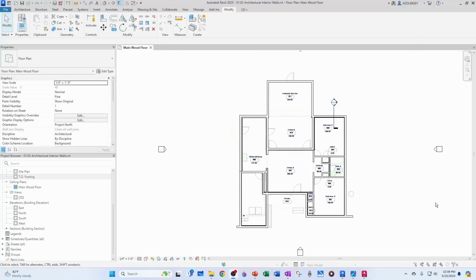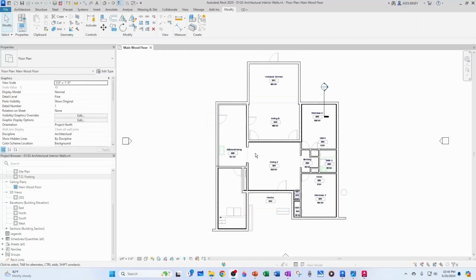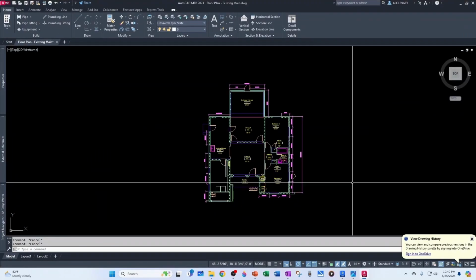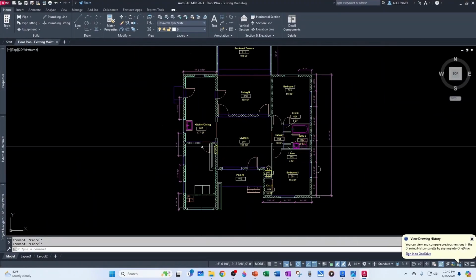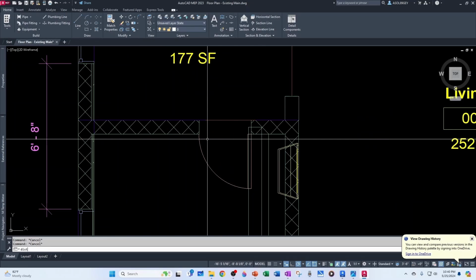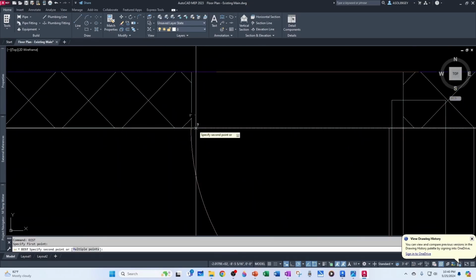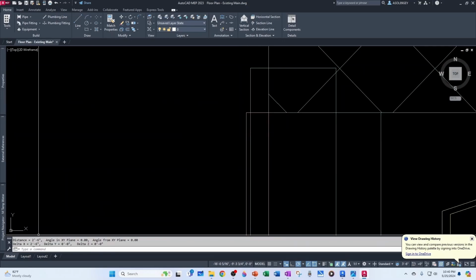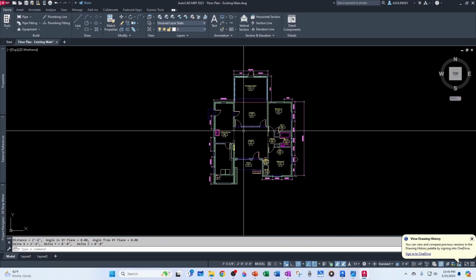All right, now we're ready to place some doors, and we're not going to worry about the type of door too much right now. Let's just get the sizes right. And for that, I have the AutoCAD file here open. So I'm going to measure using the distance command from here, let's say to here, and I can see that's 2 feet 6 inches, so that's 30 inches. I'm going to take this to my other screen,